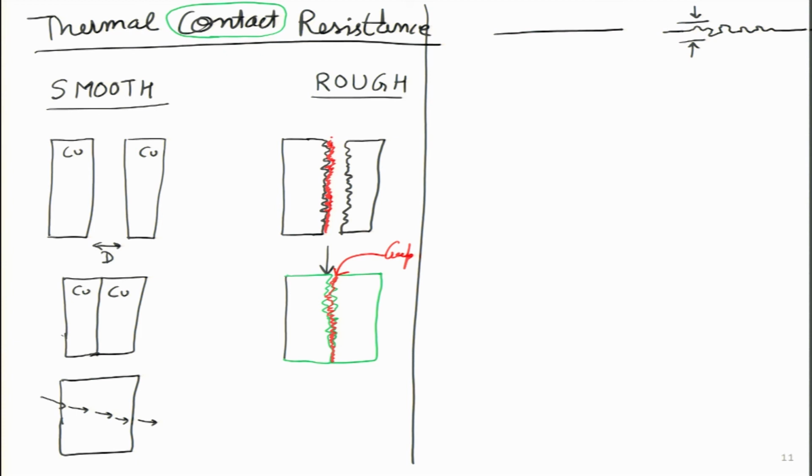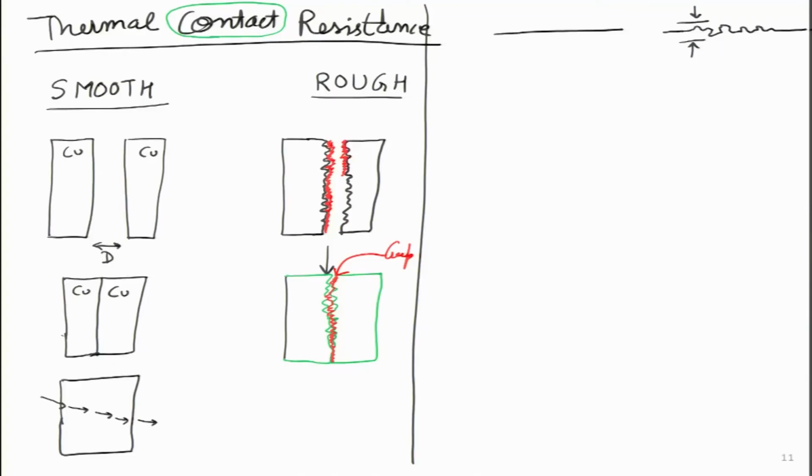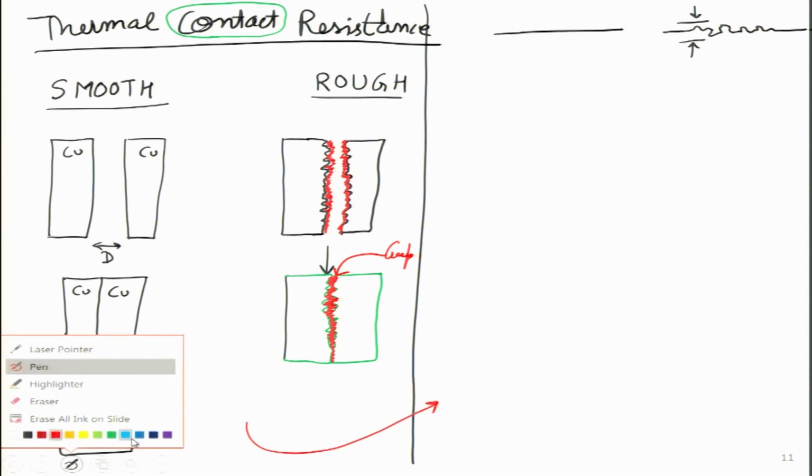So, fluid has a good property: it can fill even small crevices and gaps. Everywhere it will flow and try to fill that. So, I can have a certain fluid, it could be water, it could be oil, it could be some grease as well. When I bring it together, I will remove all the air and the gap will be filled with this particular fluid, right? Now, let me try to draw. I am continuing this on the next slide, on the right hand side of this particular slide.